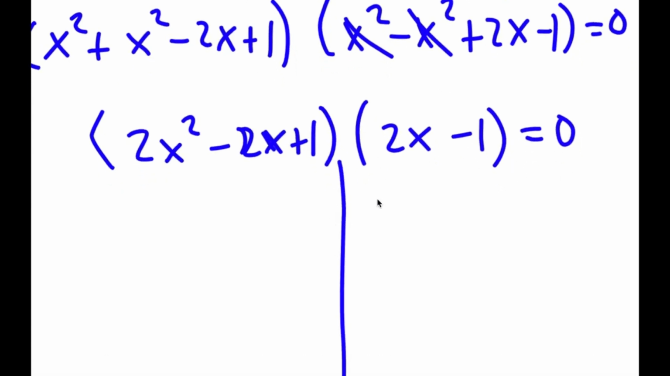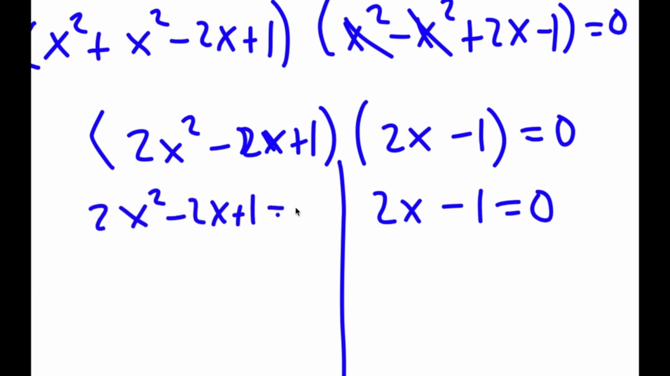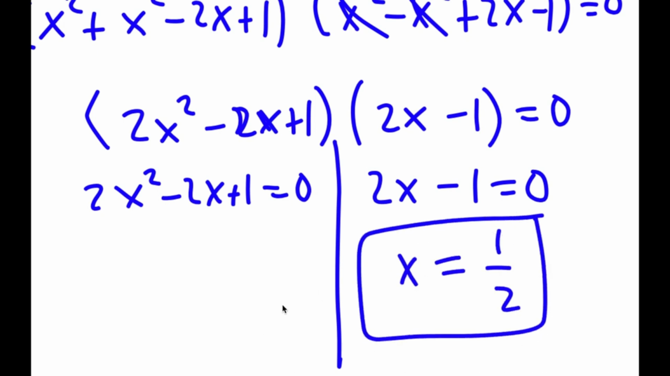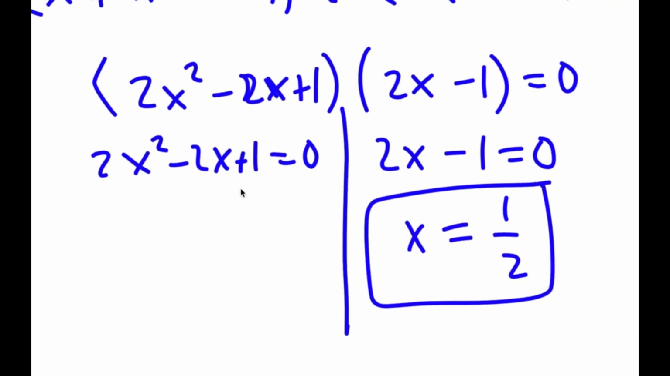So now this gives me two equations. I have 2x minus 1 is equal to 0. And I have 2x squared minus 2x plus 1 is equal to 0. So for 2x minus 1 equals 0, x is simply equal to 1/2. That's a simple equation. And now for 2x squared minus 2x plus 1, we're going to use the quadratic formula,